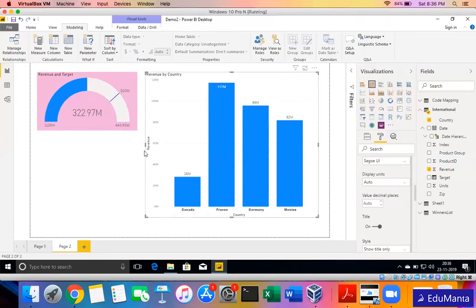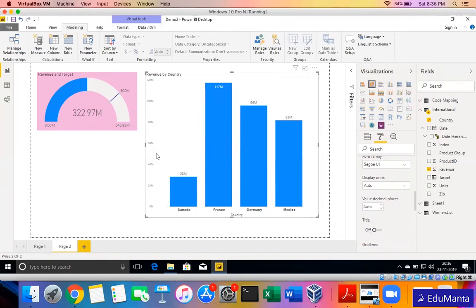Suppose this revenue, I already have on the top, revenue by country. This revenue and this country is making no sense, or is an extra thing on the chart which is not adding some value. So I want this title to go away. So inside y-axis, I will just go to the title section and click off. So this revenue has gone. Similarly, I can do for the x-axis. I will click the title off. Because on the top we already have something which says revenue by country, so it's self-explanatory.